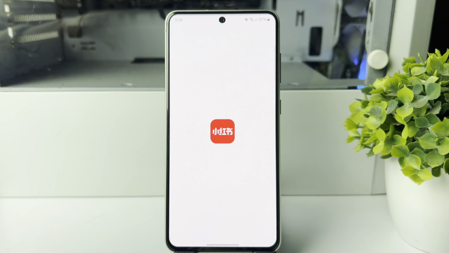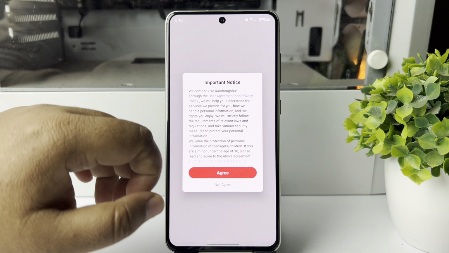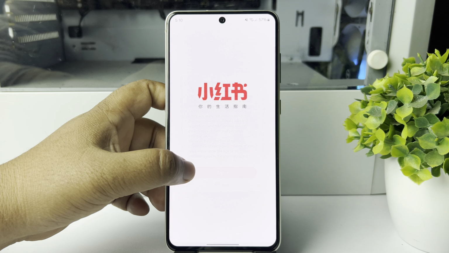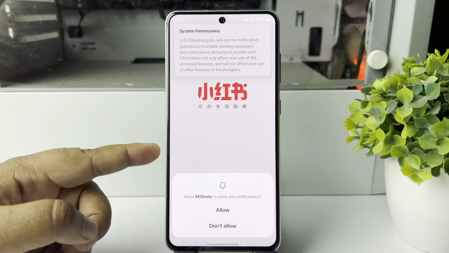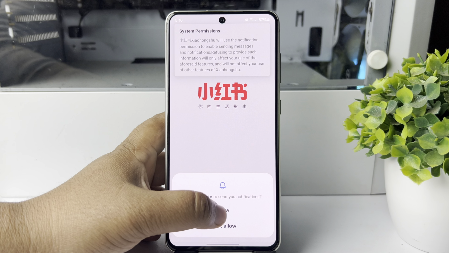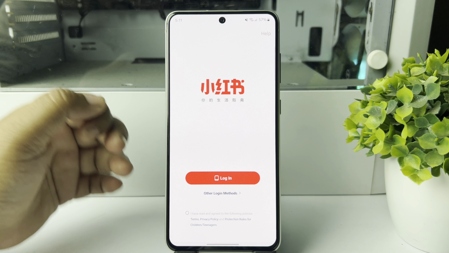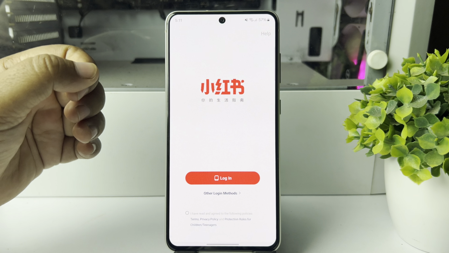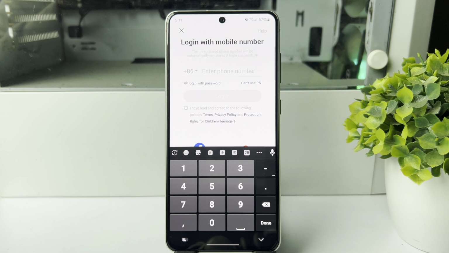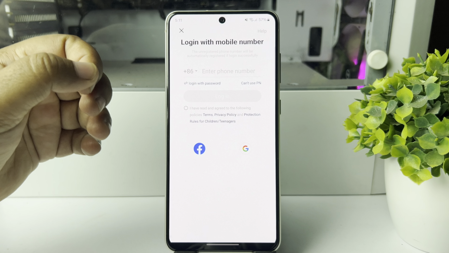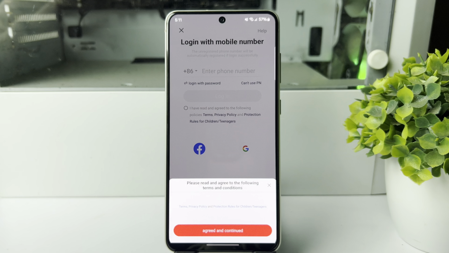Now go ahead and open the Rednote app. Here tap on Agree, and I'm going to allow notification from Rednote, and here tap on login. Don't worry, we are going to create a free account. Just tap on login, and here select Google account, tap on agree and continue,